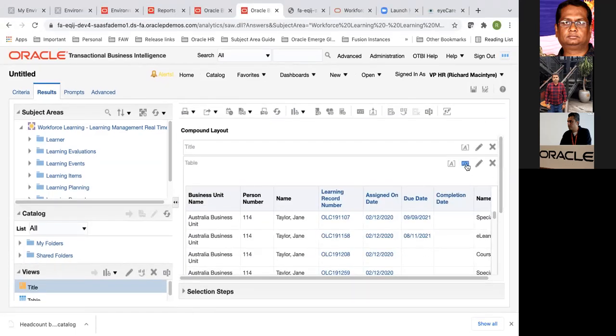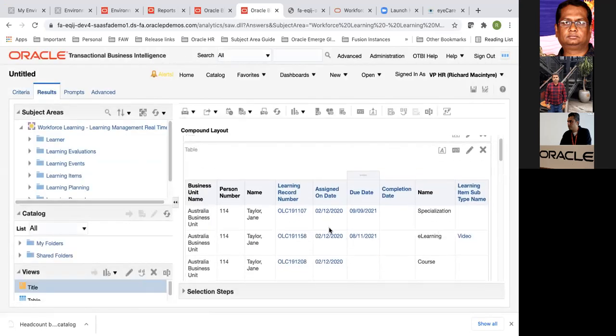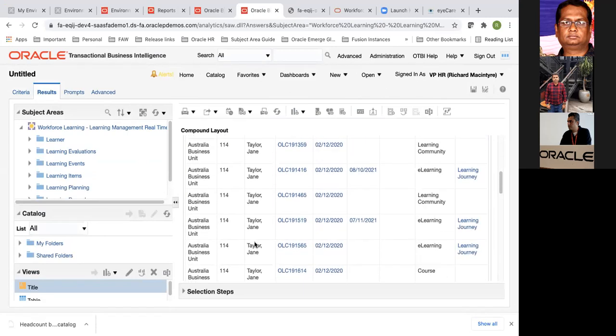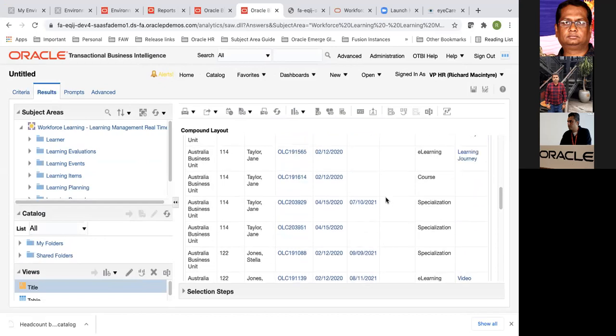So now this gives me the learning item that they've enrolled into. Of course, I've pulled in the learning record number, but the type is specialization, course. These are the workers that are enrolled. For example, this particular worker has multiple learning records.